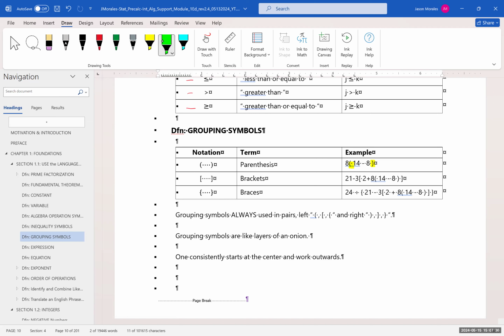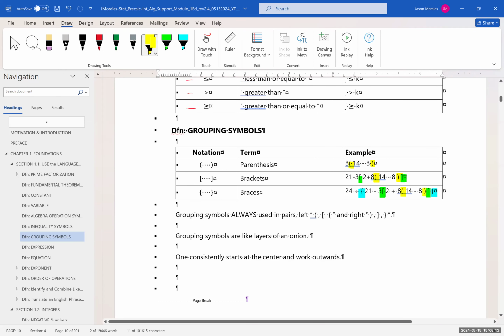Brackets. So brackets, in this example, are being used here and here. And parentheses are being used inside the brackets. And then finally, we have braces, and you can see there's a left brace here and a right brace there. And then there are brackets used inside of the braces there and there, with parentheses being used inside of those there